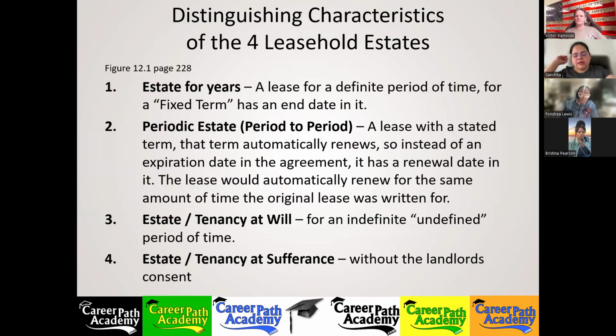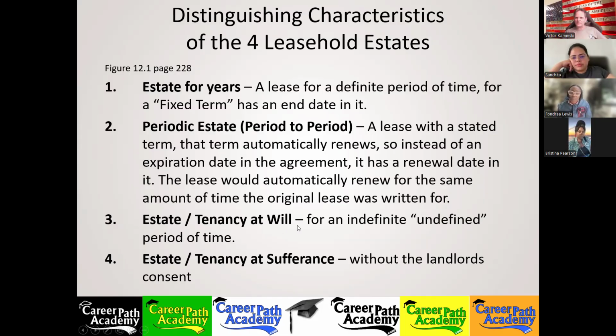Tenancy at will. It's not renewed. I mean, is it for lifetime? No, there's no stated length of the term. It's indefinite. You could stay as long as you want, at your will, but you need to give 3 months notice before you quit, before you move out. 3 months here also. Okay.